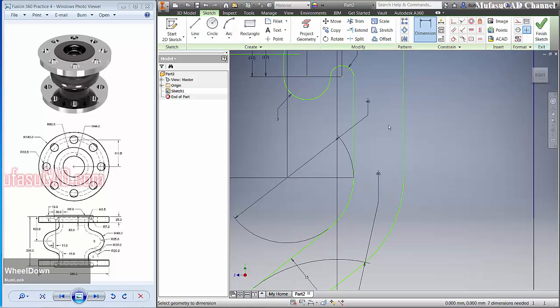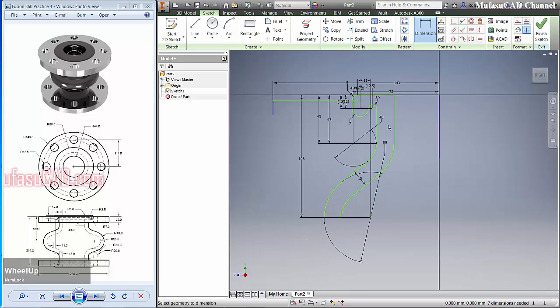Okay, you can zoom out, and then I will give a dimension for this line object of about 25, and we create a line object starting from this point to this point, right click and OK. Okay, use a trim command to cut this line object, and we create this to this cat.